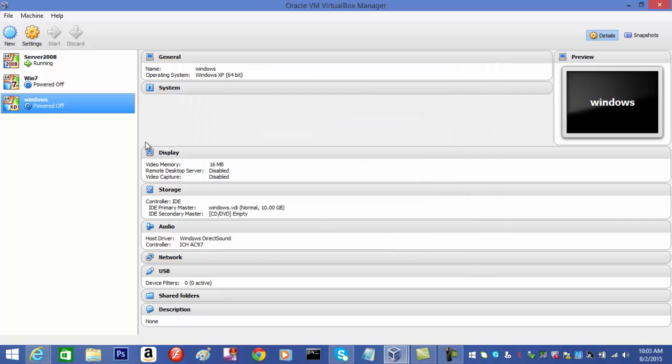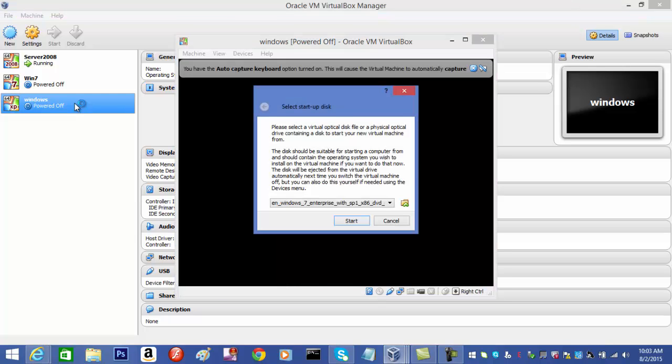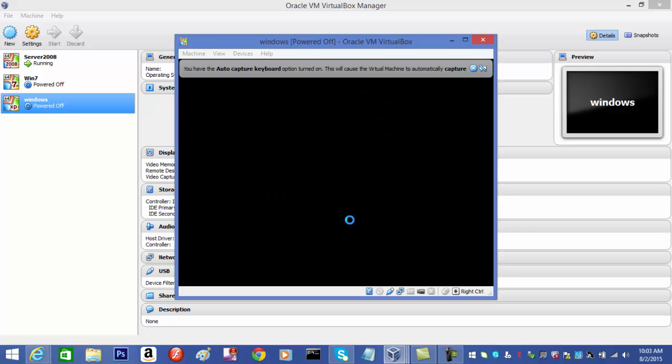Click on OK and we're going to power this on. So we need to ensure that it's on the network, so we can see that it is. Starting